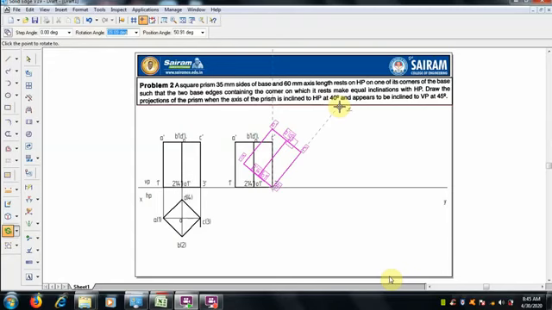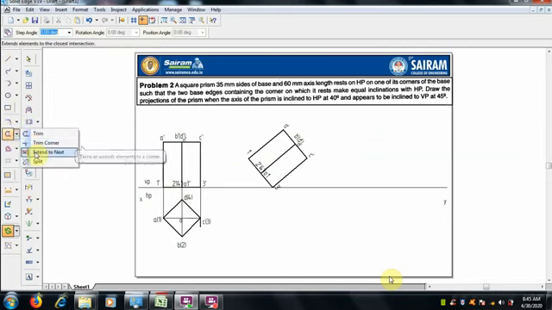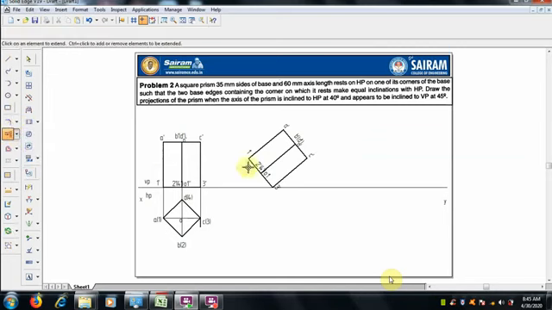So by selecting the corner 3, we can rotate by the angle given for the inclination, which is 40 degrees. So type 40 degrees, and keep it. Rotation angle, position angle is 40 degrees. You can select it and check it. To check it, extend this center line, because the question says the axis is inclined to 40 degrees.